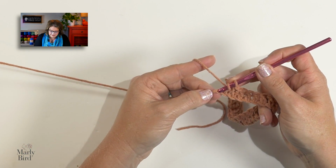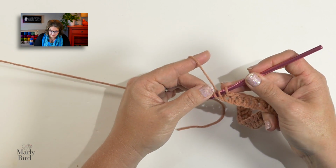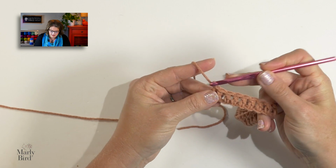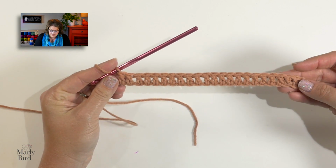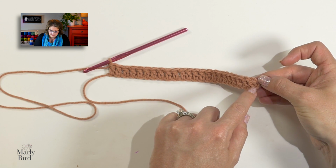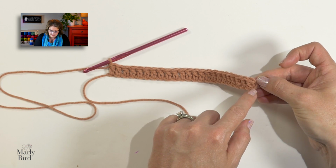Don't forget to place a double crochet in the very last chain, okay? You want to make sure you get that double crochet there. And once it's all done, as I said, you have 23 double crochets. And this initial skip chains right here, those count as a double crochet. Now, this is the part where I'm going to show you how to really keep those side edges nice and